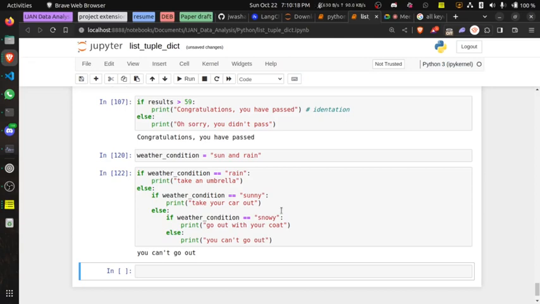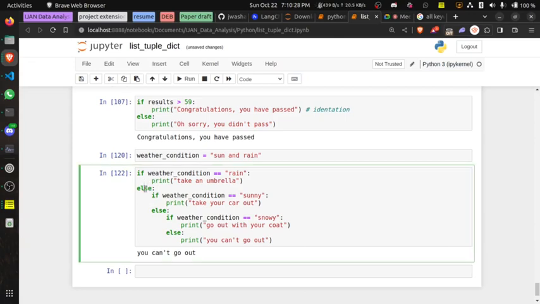So if the weather condition equals rain, print this. Else, so it's more like you are embedding if else into another else. And what is making this possible is this else. The else means if the first one is not true, then you still have other conditions to check for. So execute this one, then print this if it works. And if it does not work, use an else. After this else, you are now putting an if because we are not done. We still have another condition to check.